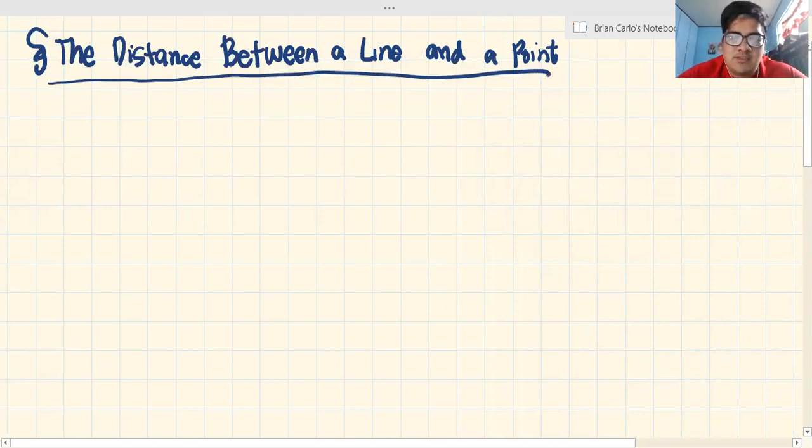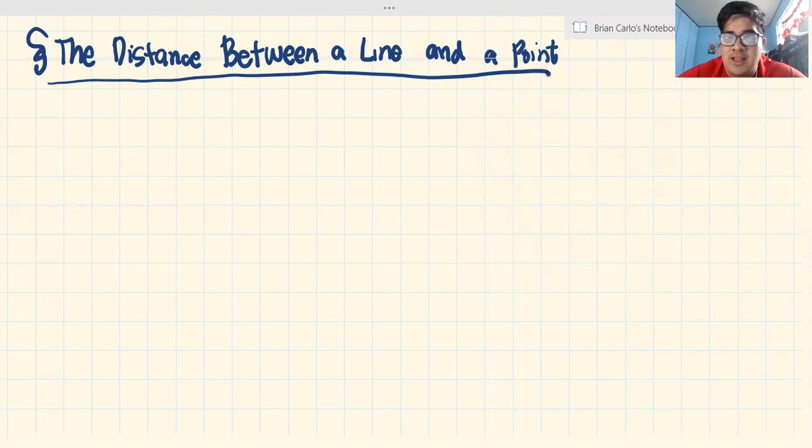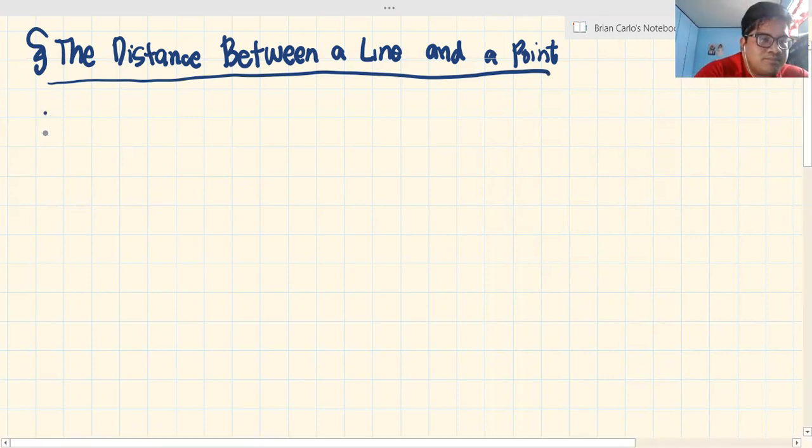Previously in the last video, we have introduced the conic sections. And today, we're going to discuss another preliminary concept before we head to the circles. This is the distance between a line and a point. Ano nga ba ibig sabihin? Naalala natin, recall, the distance